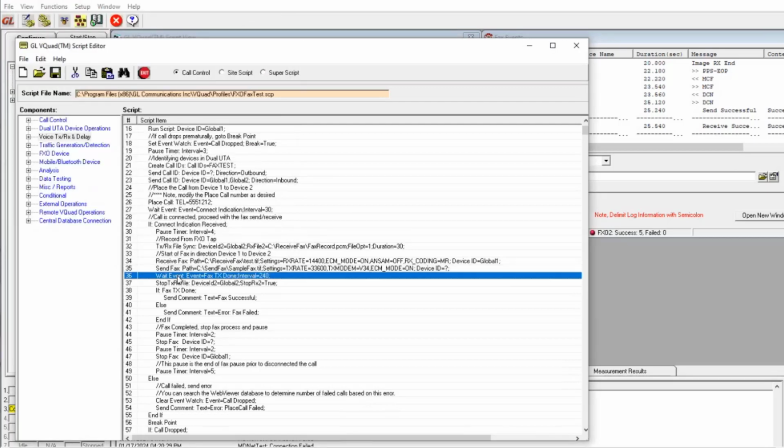Then I'm going to wait for the fax to be done, specifically the transmit fax. I'm going to wait 240 seconds. It's not going to take that long. That's what my wait is. Once that's done, I will